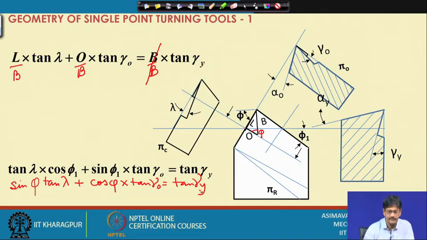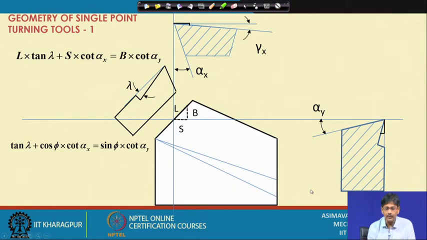Next, let us now come on to something different. Up till now we have established relationships between orthogonal rake angles. Now we will be establishing relationships between clearance angles, and since the inclination angle is shared between the rake surface and the principal flank,